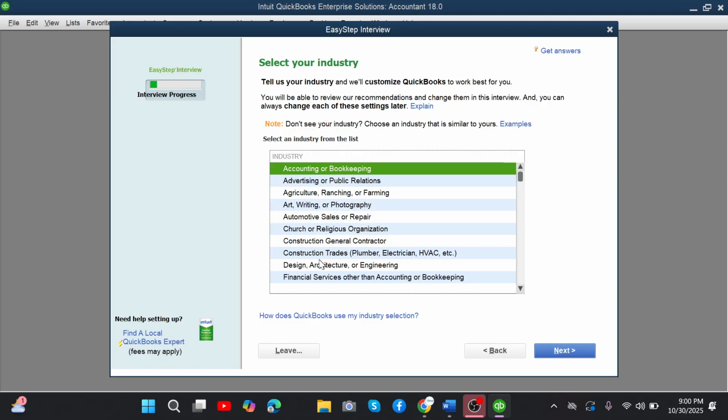general contractor, construction trades, design, architectural engineering. So you can go through and find the industry that you're in. Okay, so if it's not anywhere, you can choose general service based business. So let me see if there is education somewhere such that you're able to go with it. Education,